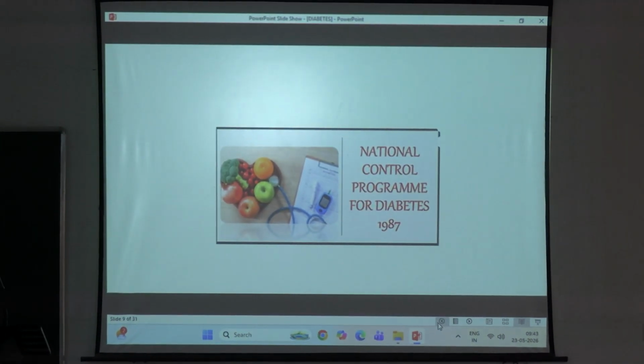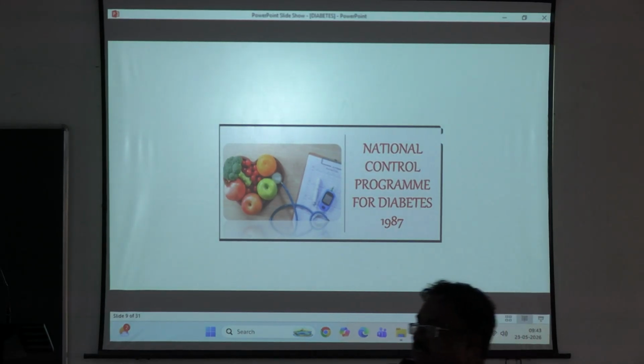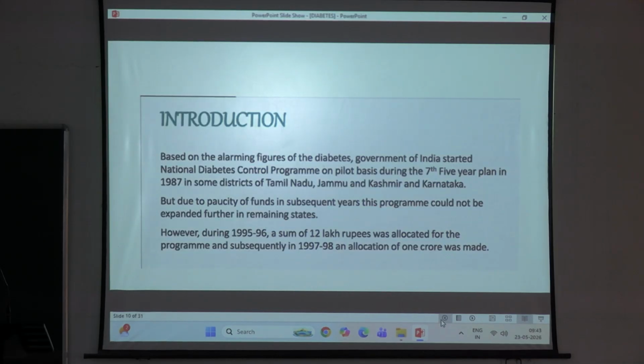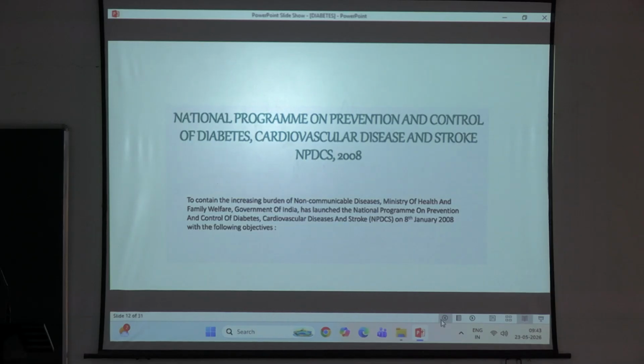Now we are talking about the control program of diabetes. Okay. Now this program was first started in 1987. It was called the National Diabetic Control Program. Why was it started? Because we found that there were a number of cases of diabetes, and the cases were increasing. Okay. Then in 1995-96, they said let us extend it to the entire country. So the objective was obviously control and prevention of diabetes, early diagnosis and rehabilitation, etc. Then finally from 1997, it became